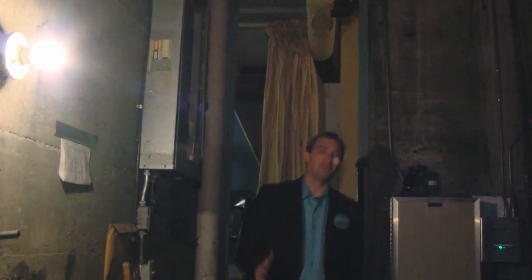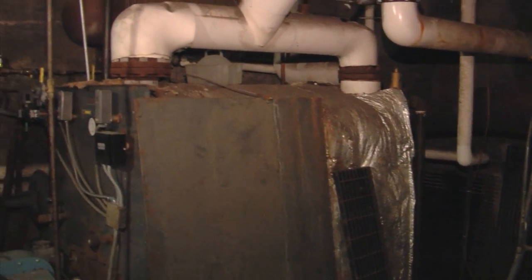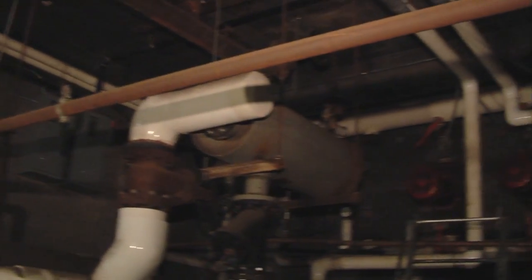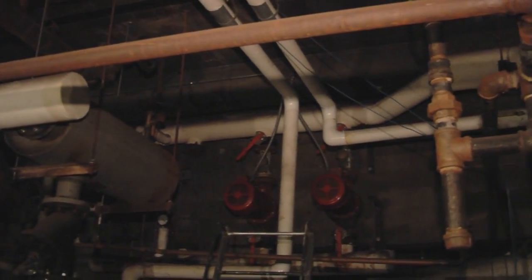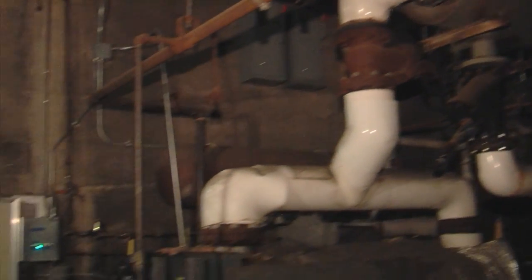So this is it. We're actually in the basement and going even lower. This is where the boiler for the State Theater is. Here's the beast. As you can see, it's a very old, rustic piece of equipment. It's well used, it's definitely put in its time, but the fact of the matter is, every year we have to invest thousands and thousands of dollars just to repair and maintain it, and that doesn't even cover any replacement